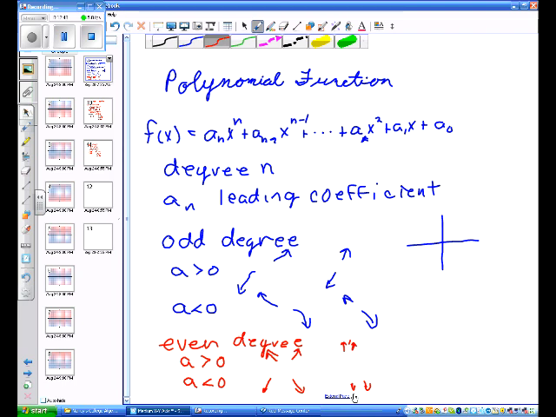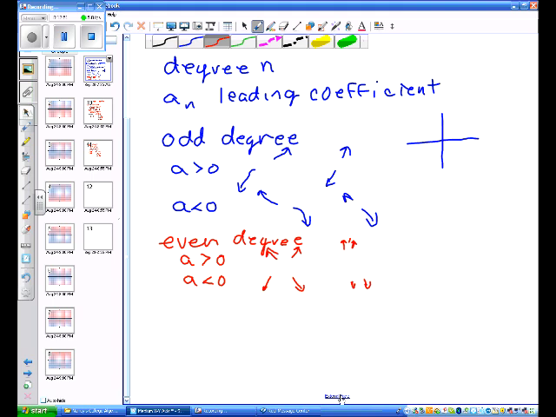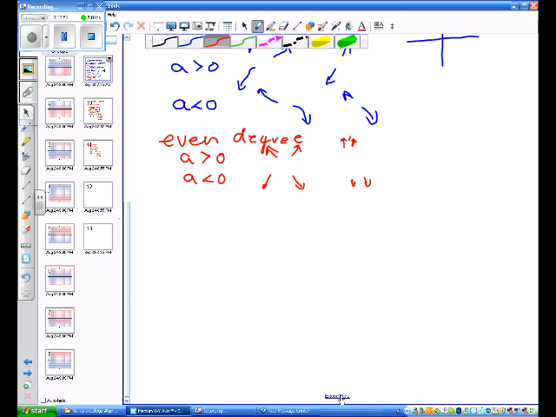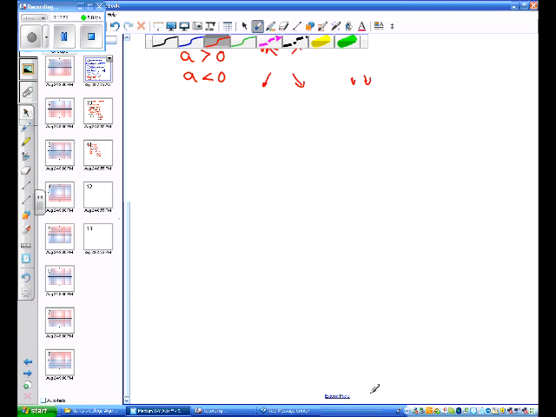And when you do, it's going to help you know what happens when you get to the x-axis. Remember, these are zeros, so this is where you are when you're on the x-axis. And so what we're going to deal with here is our multiplicity. That's how many times you have a solution. Well, if you have a solution or a root or a 0, if you have a 0 an even number of times,